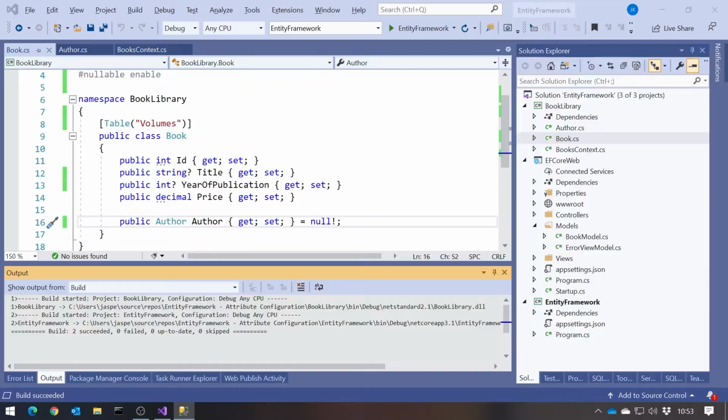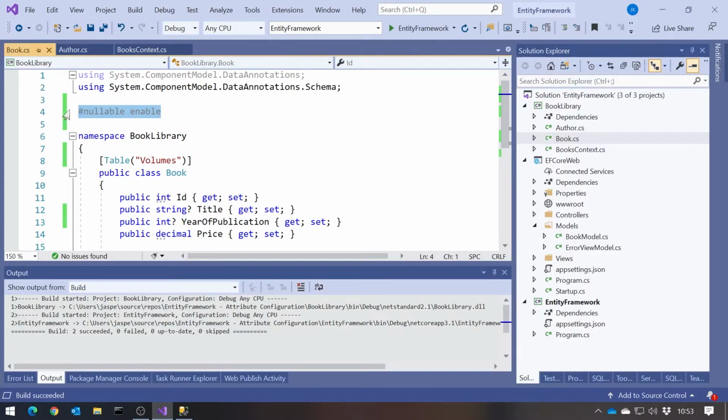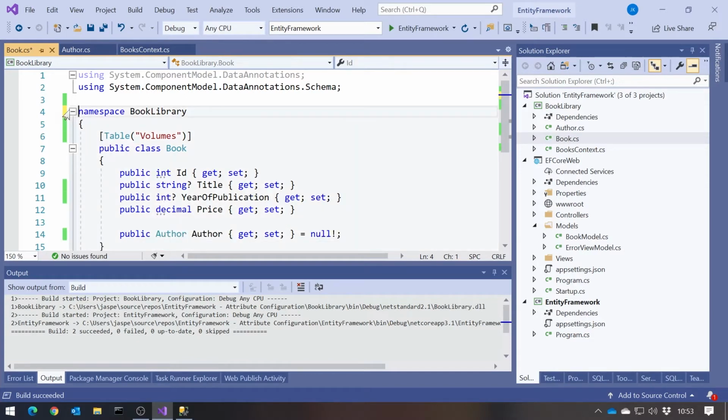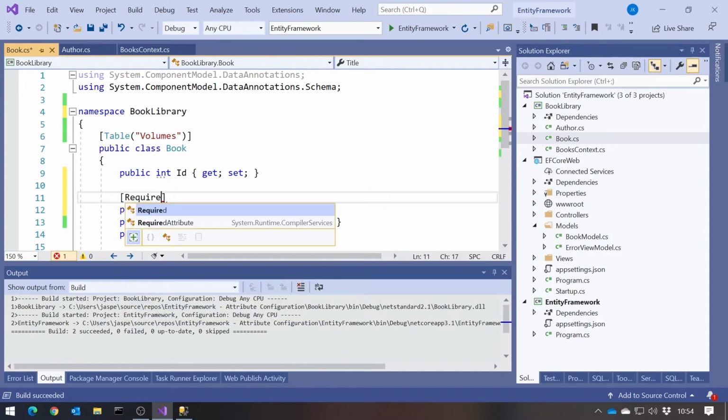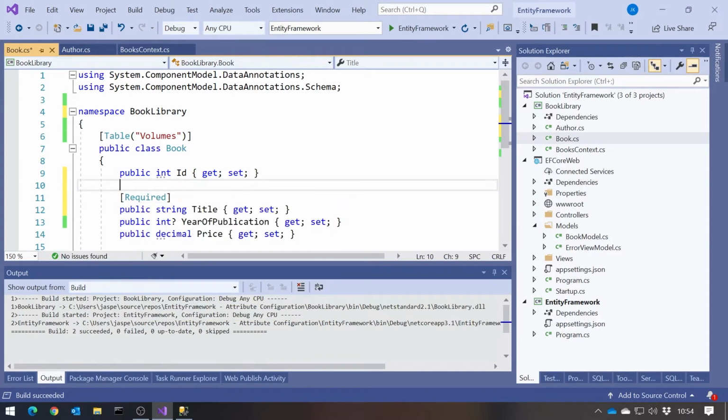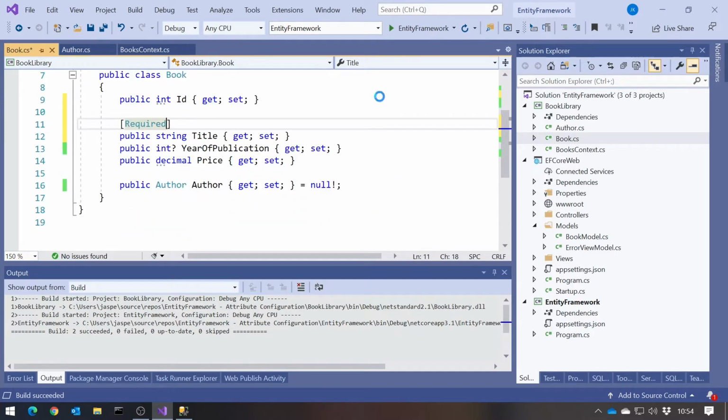However, if for some reason we're not using C# 8 and we don't want to do it that way, there is another way of doing it as well. So let's just take that off, and therefore take that off there. The other thing we can do is do it through an attribute. As I said, wherever possible, do it in the language, but we have an attribute where on here I can say Required. And so Required simply means it cannot be null in the database. And you can do that on any one of your columns. We could do that on the author as well.